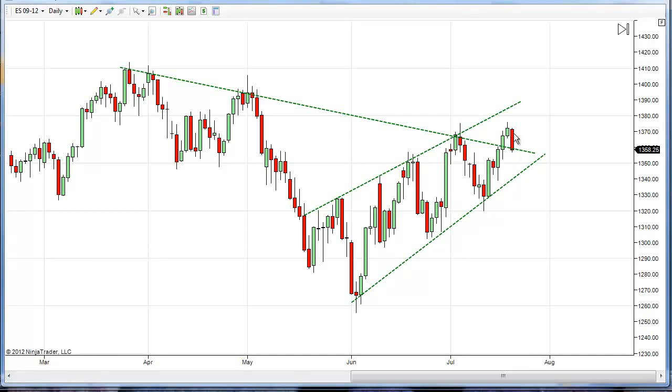Well, Friday we closed down after a nice run up. 2 down days out of the last 6, and we closed right near this trend line that's been descending since March. Okay, we're still in this ascending wedge, and depending on what happens with the dollar, we could either see a bounce and a move higher, in which case we could look at this as a cup and handle, or we could break down and perhaps build a slanted double bottom where we would have a move like so,